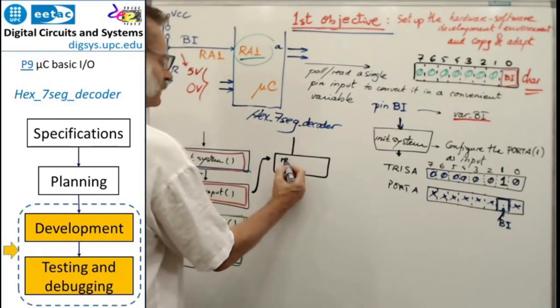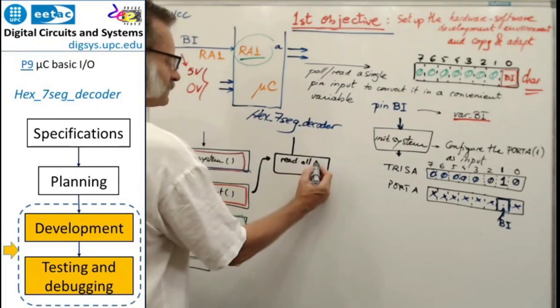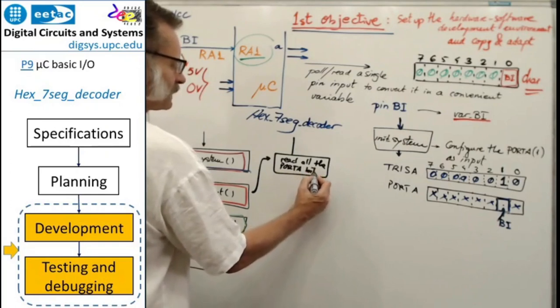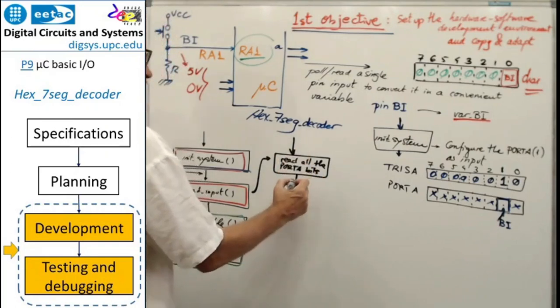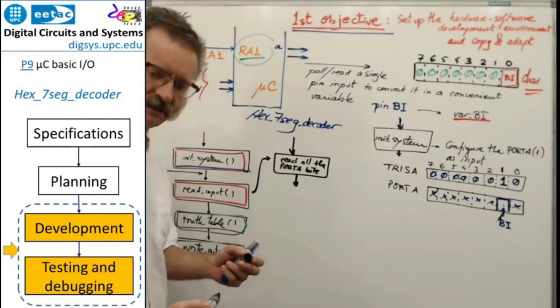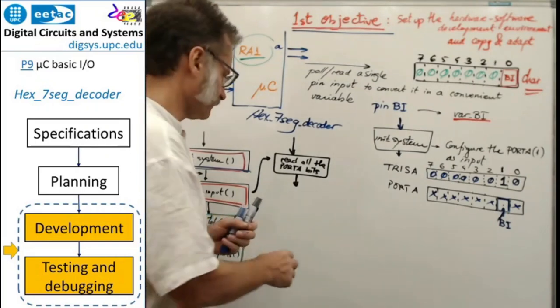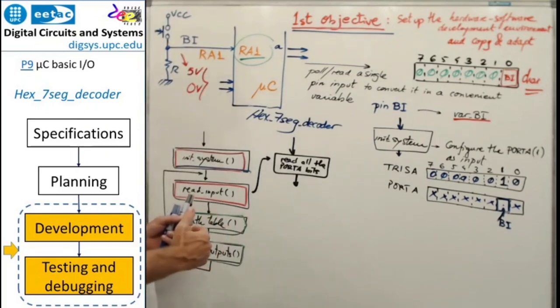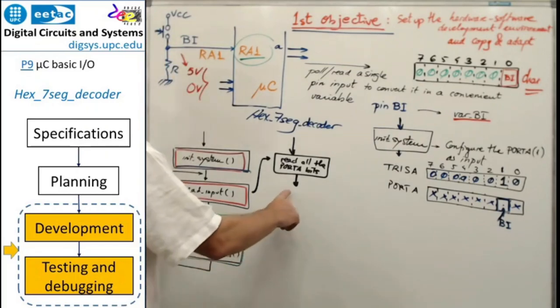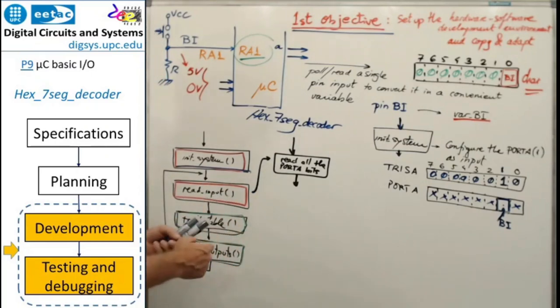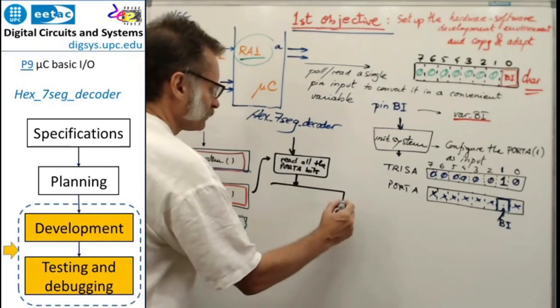For example, read all the bits, all the port A bits. That is the idea. In this way, you take them all inside the computer in a convenient variable, for example, bar buff. That is the time when you sample the inputs, when you do that idea of reading them all. And then what? Well, you have to go and mask